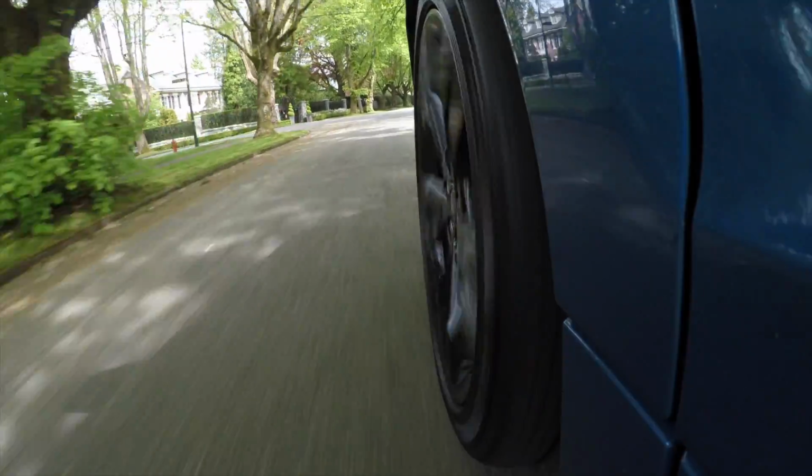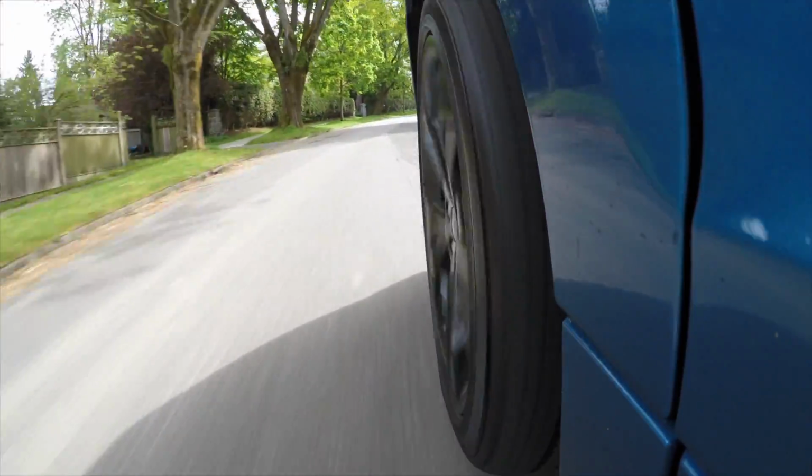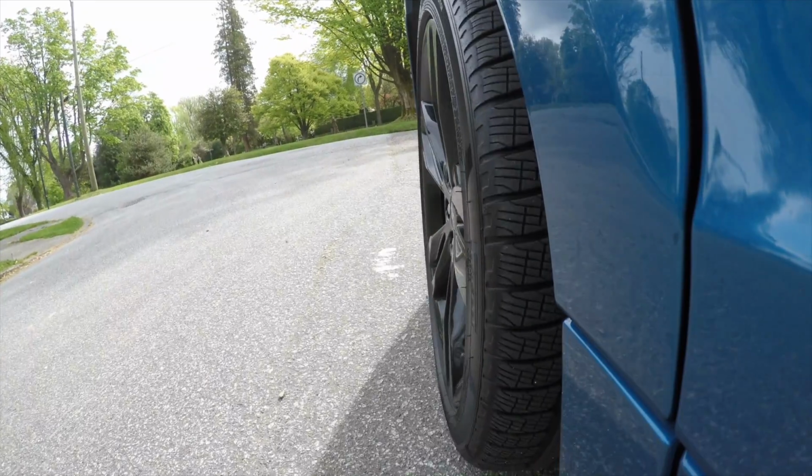The suspension has been modified for this ST as well. It's a really nice combination of having a feel through the steering wheel. The feel through the wheel is excellent. You actually get a really nice sense of what this vehicle is doing, but it isn't crashy and it isn't